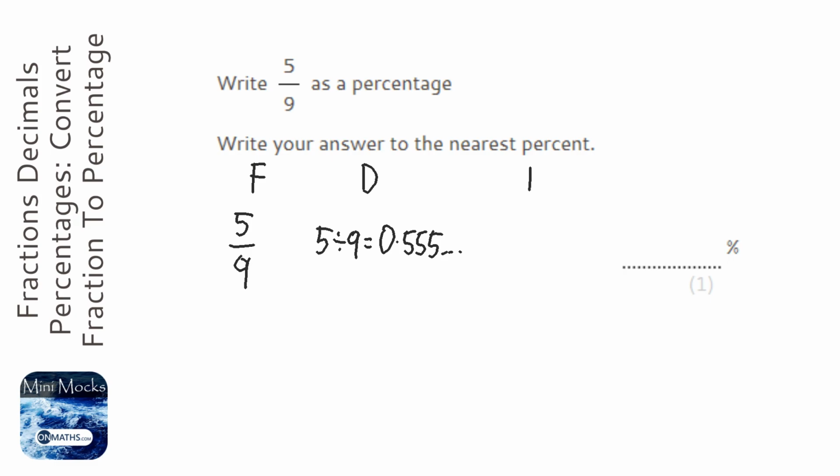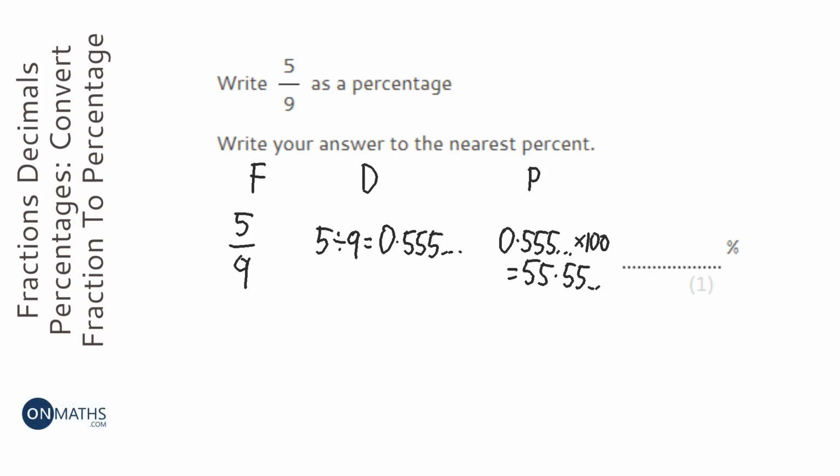Now to get to a percentage, all we do is we times the decimal by 100. So 0.555 and so on. I'm going to keep it in the calculator and I'm going to times it by 100. So times by 100. And that gives me